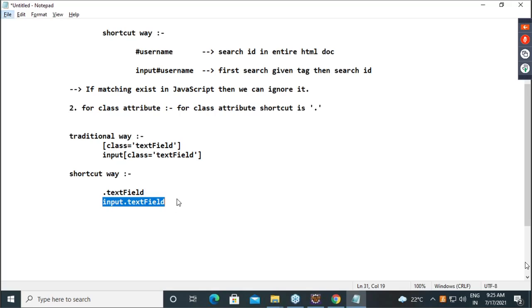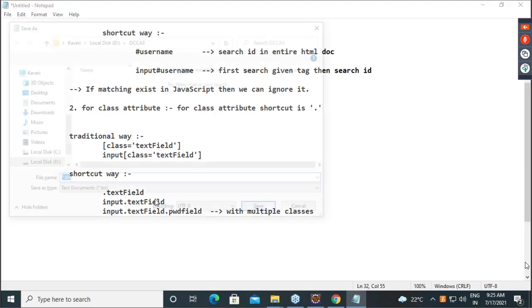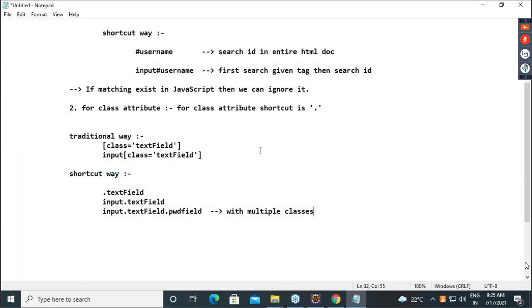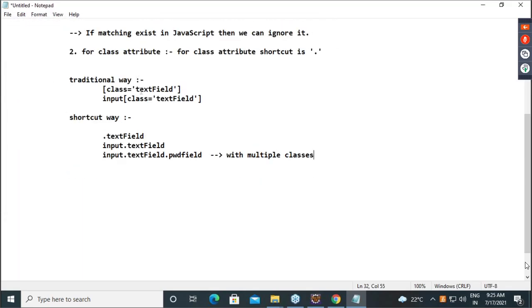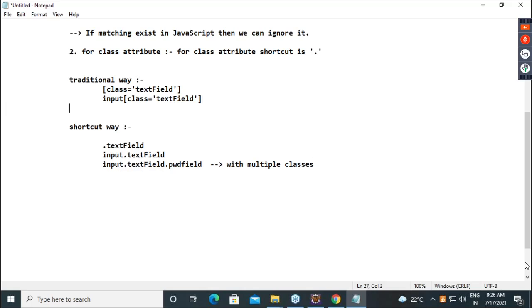So this is also one form of CSS selector, here with multiple classes. Now guys, shall we check multiple classes in a traditional way? Let's cross check. What will be the traditional way CSS selector?